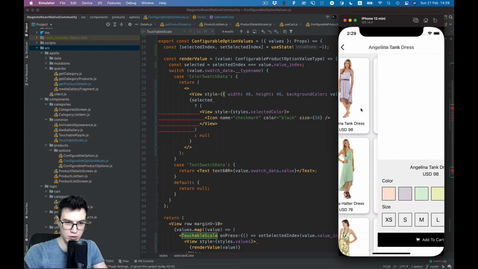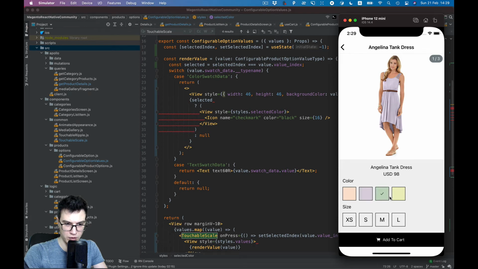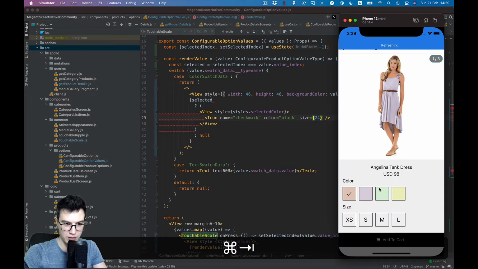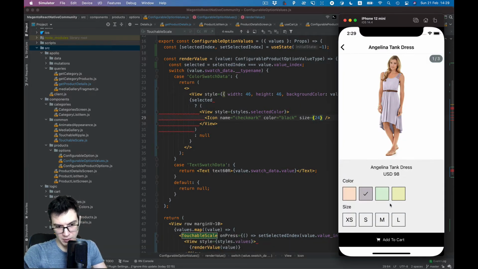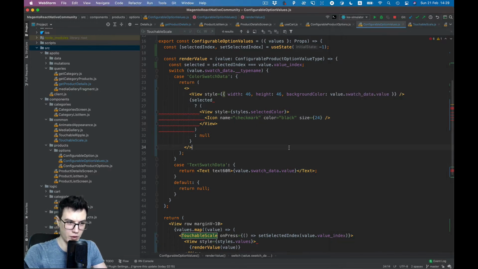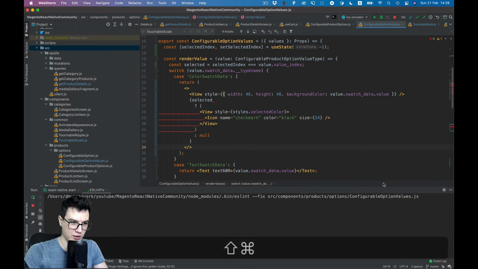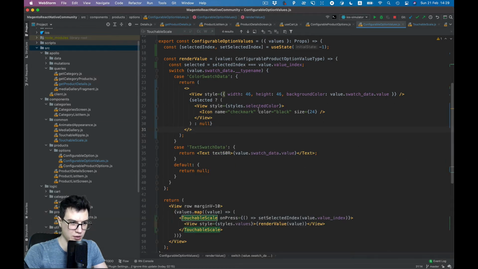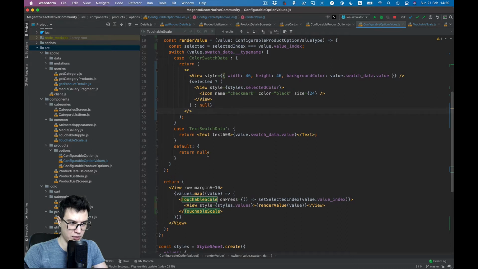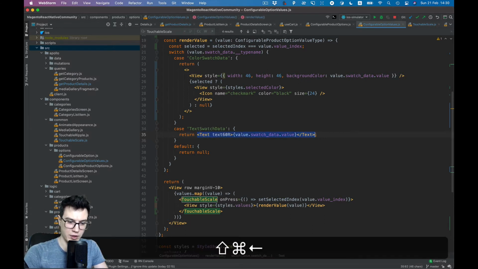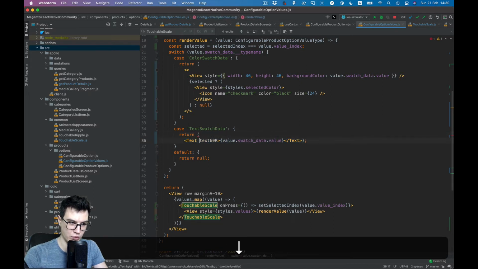Let's take a look. Okay, looks good, but maybe let's increase the size. Yeah, much better. Let's fix our code style with ESLint fix. Now we can add selected style for the text type,